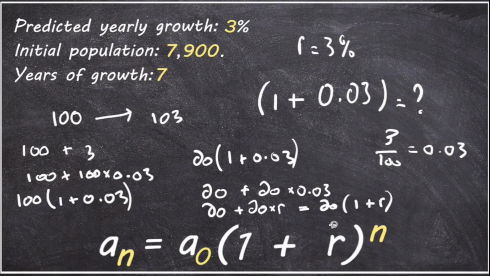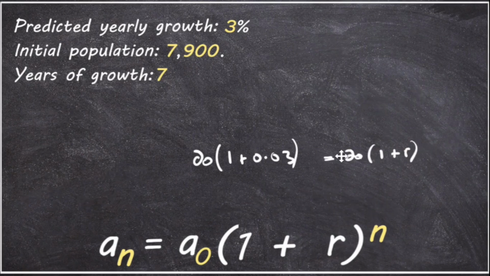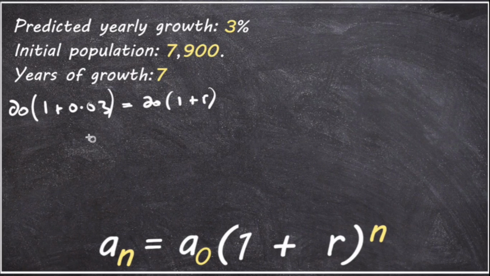The last thing we need to do is show why this is taken to the power of n. Well, it's actually not too difficult to show why we use the brackets to the power of n. The first year is a sub 0, which is the initial population. 1 year later, when n equals 1, the population increases by 3%, which means we multiply a sub 0 by 1 plus